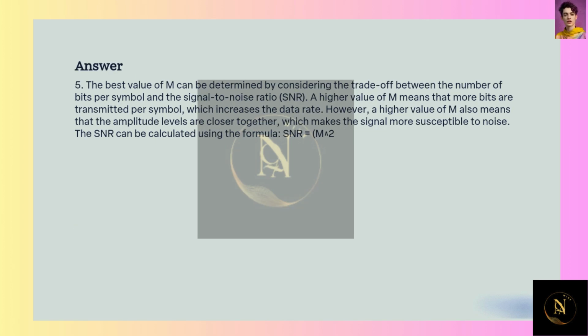5. The best value of M can be determined by considering the trade-off between the number of bits per symbol and the signal-to-noise ratio SNR. A high value of M means that more bits are transmitted per symbol, which increases the data rate. However, a high value of M also means that the amplitude levels are closer together, which makes the signal more susceptible to noise. The SNR can be calculated using the formula SNR equal to M2